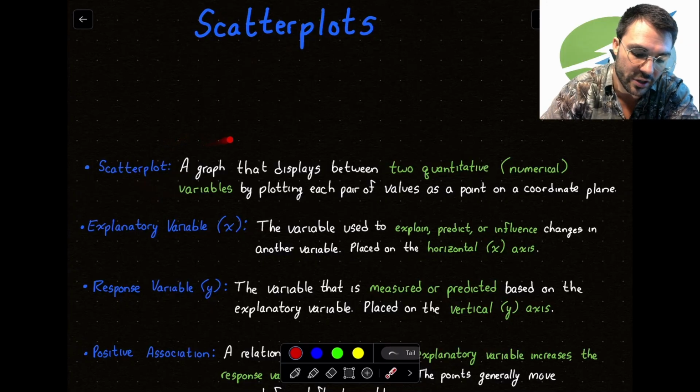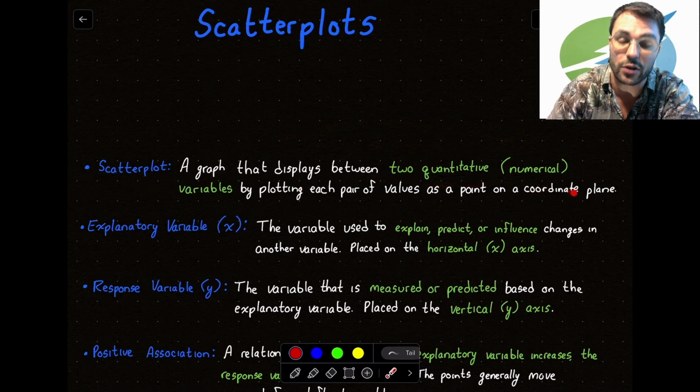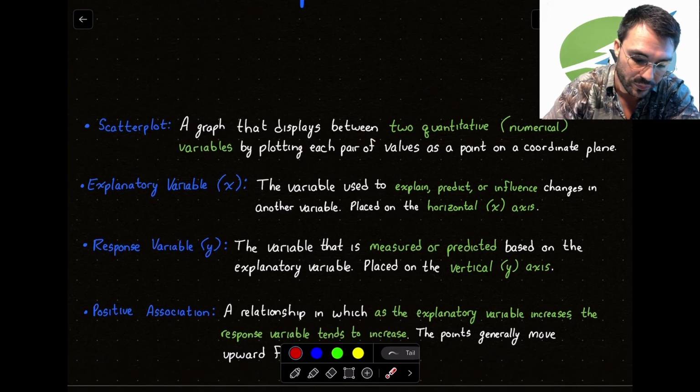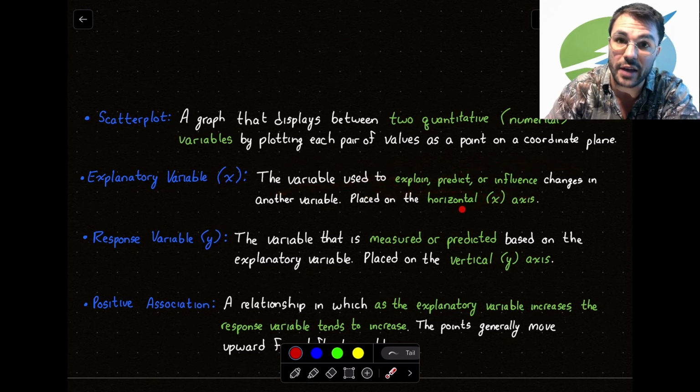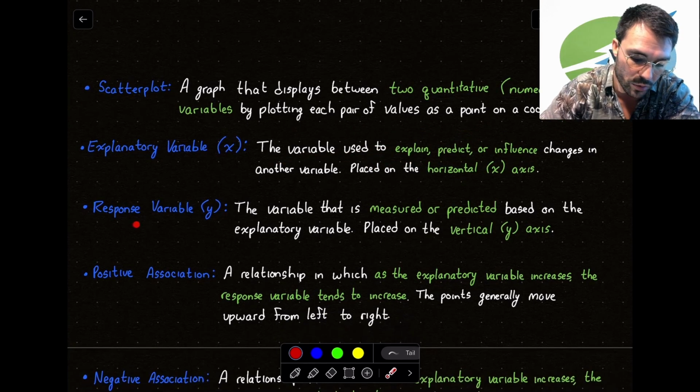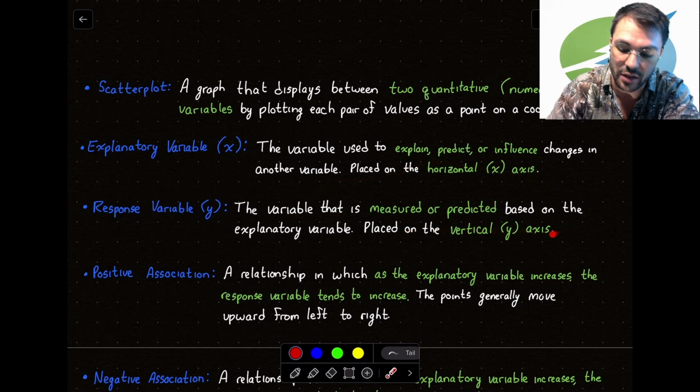A scatterplot is a graph that displays a relationship between two quantitative numerical values by plotting each pair of values as a point on a coordinate plane. Okay, we have our explanatory variable, which is our x variable. The variable used to explain, predict, or influence changes in other variables. This is our variable placed on the x-axis. Our response variable, y, the variable that is measured or predicted based on the explanatory variable